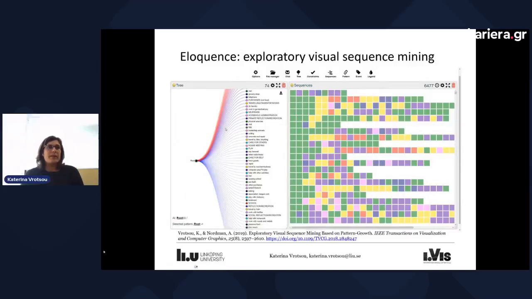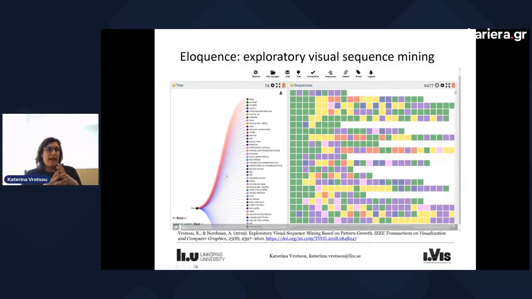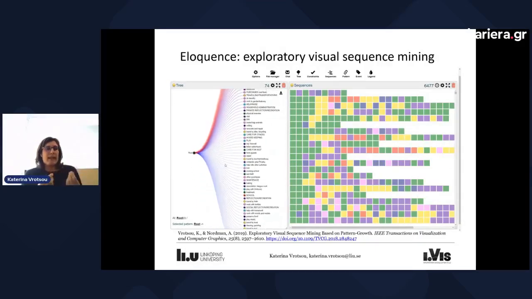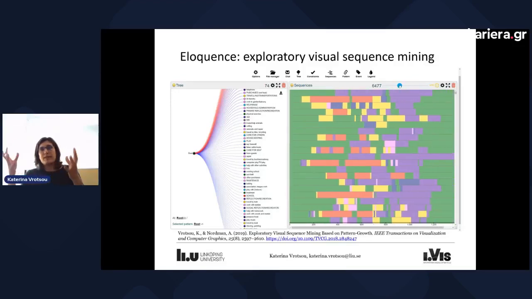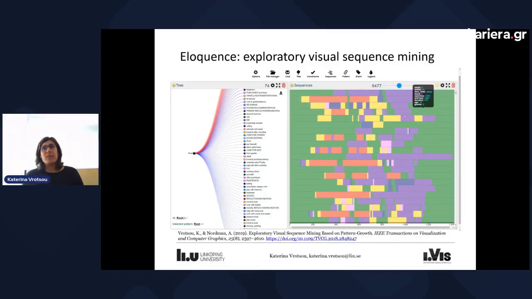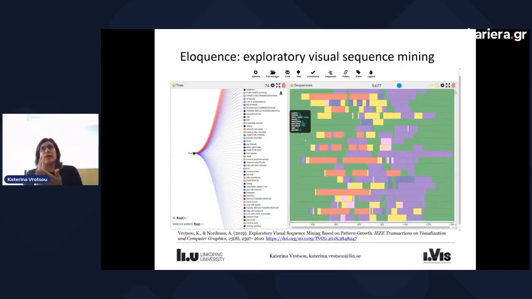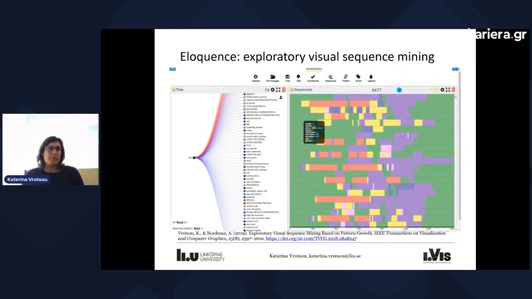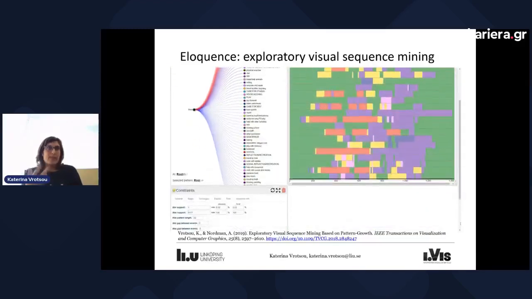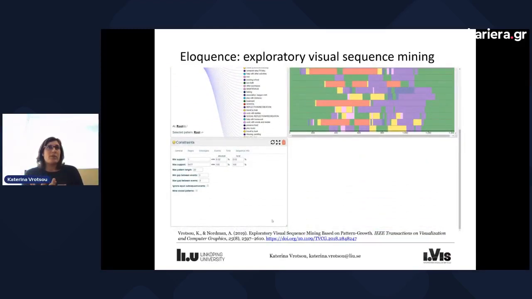So in this interface, let's see if it starts. To the left, we have the pattern tree that basically acts as a means to steer the algorithm. And to the right, we have the sequence view that allows a user to look at the patterns in the context of the sequential data set that they appear in. Patterns can be seen as sequences of instantaneous events or with the associated event duration. And here the user steers, like I said, the entire algorithmic process through this pattern tree and can adjust several